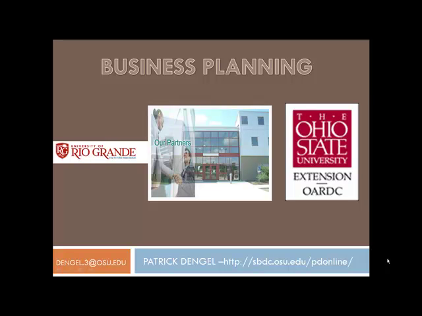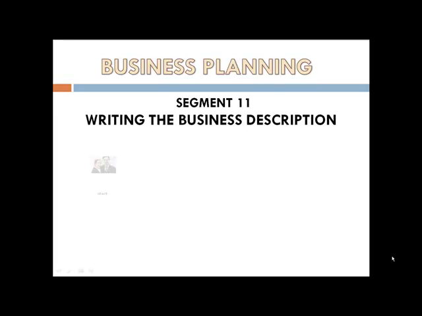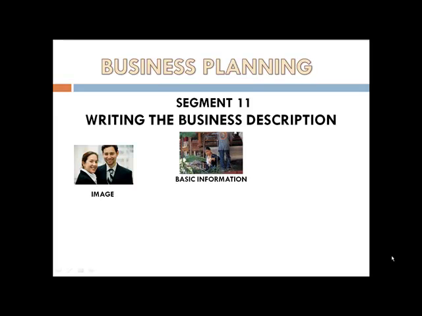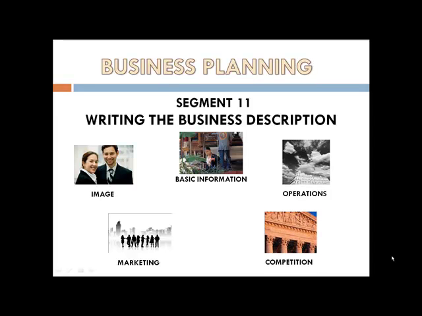In segments 1 through 10, we looked at the different major components of a business plan, and we are now ready to begin writing the plan itself. And we will begin with the business description. The business description has 5 parts: the image, the basic information about the business, who is going to be running the operations, what are some of the major marketing strategies, and who is the competition that we will be